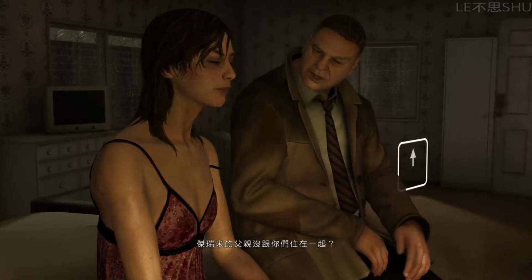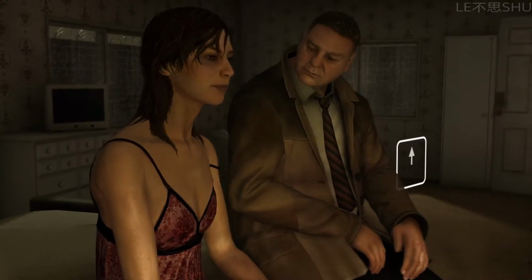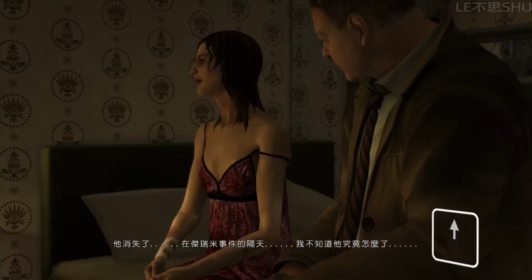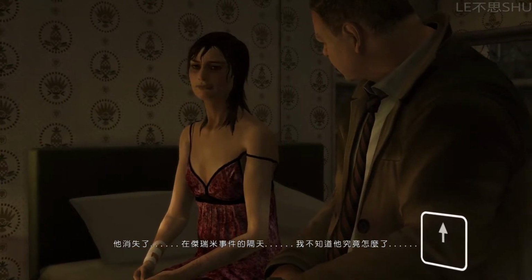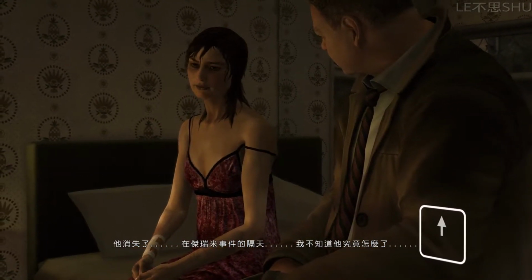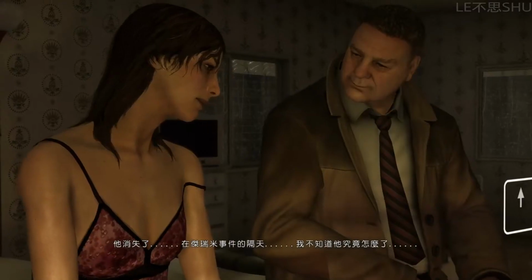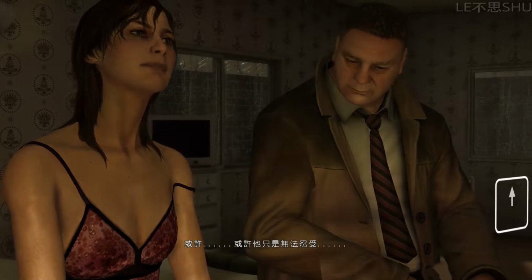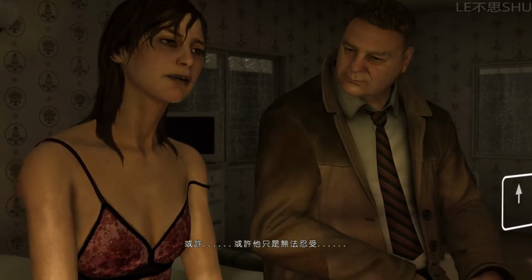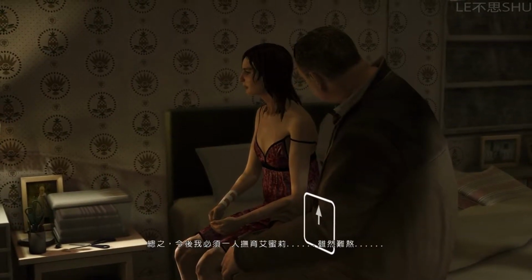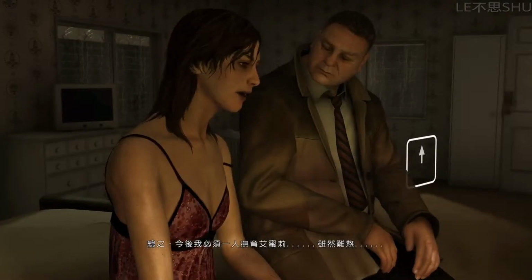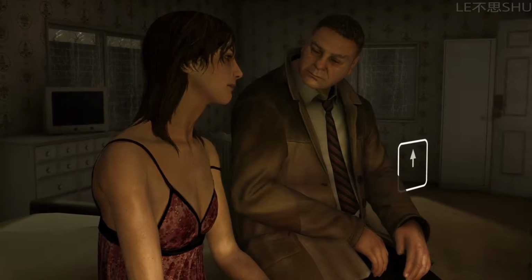Doesn't Jeremy's father live with you anymore? He disappeared. The day after Jeremy. I don't know what happened to him. Maybe he couldn't take it. Ever since, I've had to look after Emily all on my own, and I couldn't do it anymore.